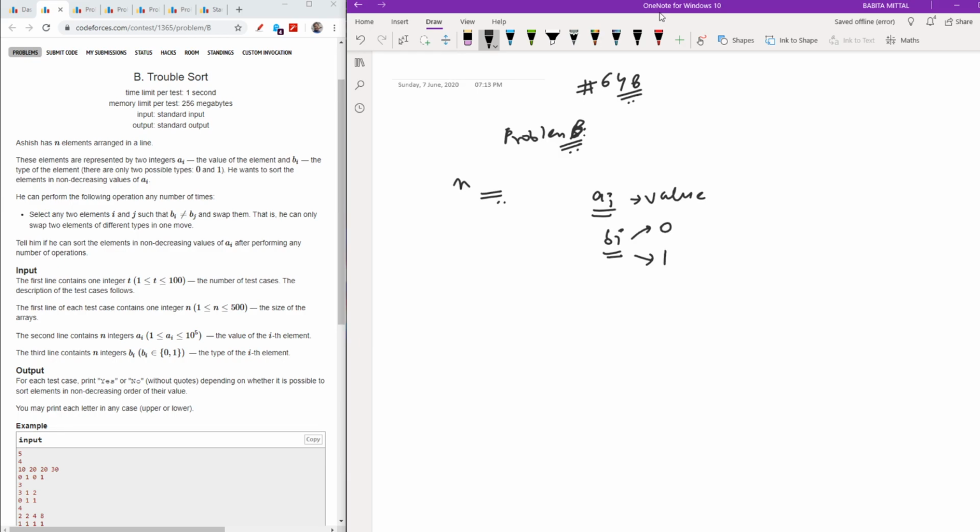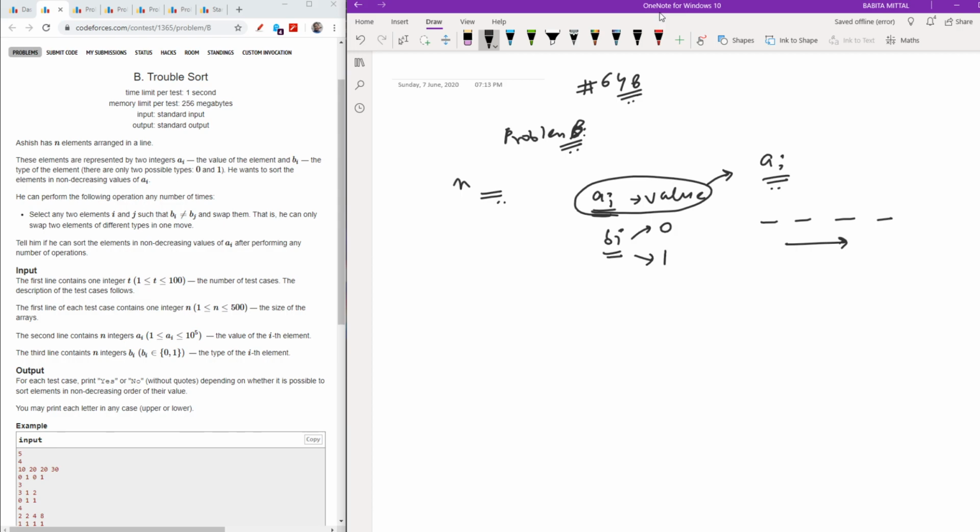The person has to sort it in non-decreasing order in terms of ai, which means the elements should be increasing, or they could be the same also.